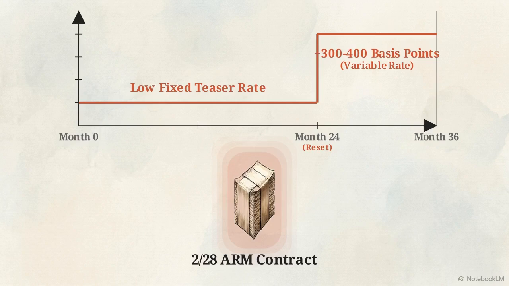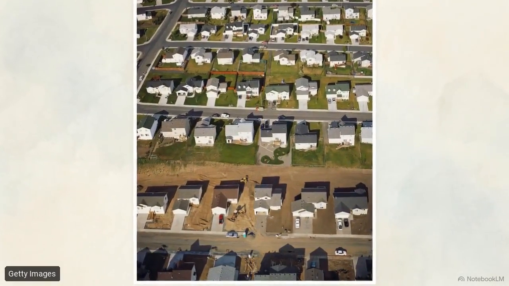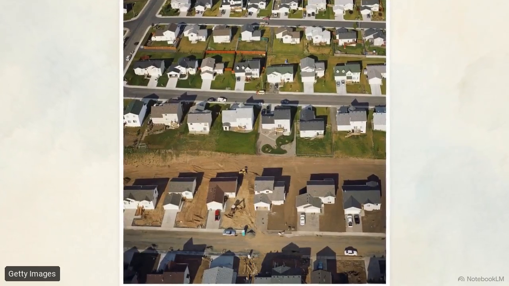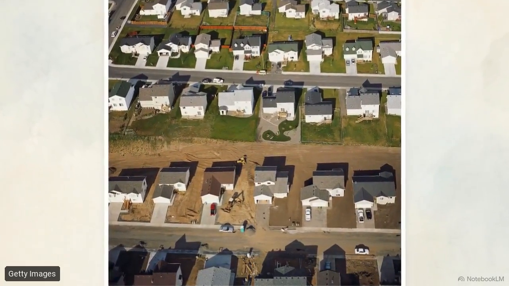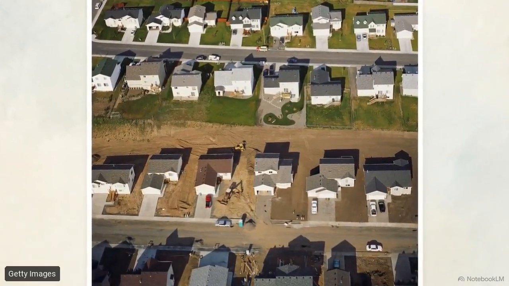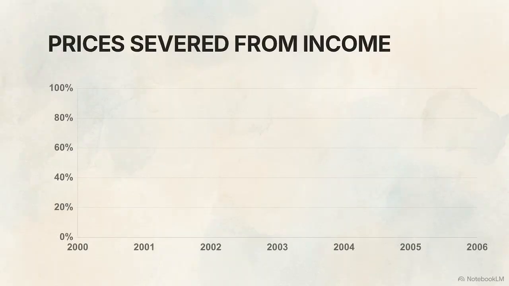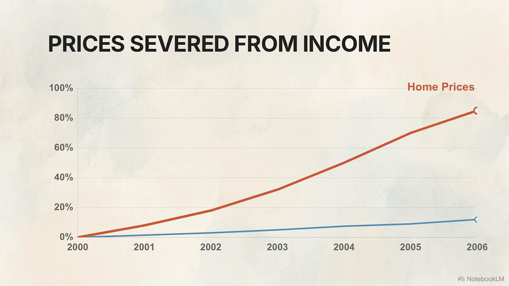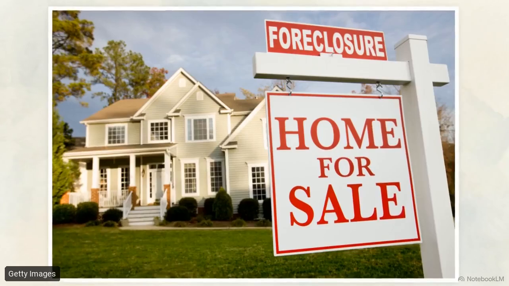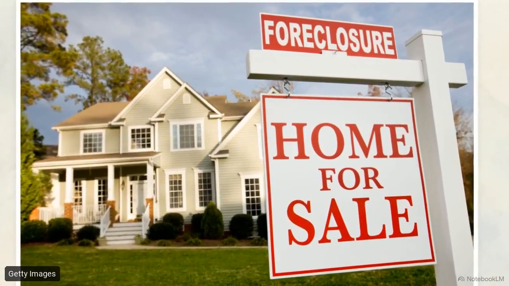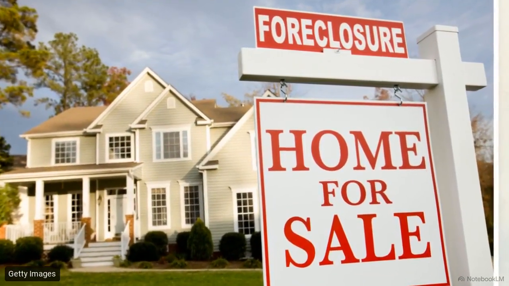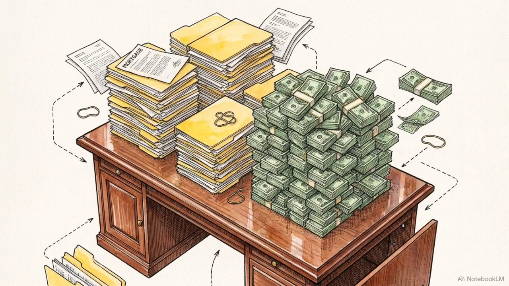To qualify more borrowers, lenders popularized the 2/28 adjustable rate mortgage. This structure offered a low, fixed teaser rate for the first 2 years, but then reset to a variable rate, often 300 to 400 basis points higher. Underwriting discipline collapsed. In several metro markets, 30% of new purchase mortgages carried a 100% loan-to-value ratio, meaning buyers put $0 down. The entire engine relied on a single assumption, that home prices would continue their historic